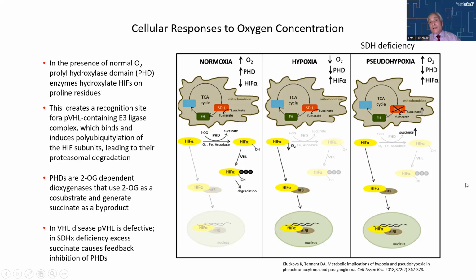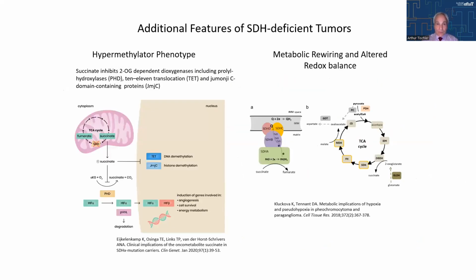But in the case of the SDH mutated tumors, there are additional effects of the accumulated succinate. And the additional features of the SDH deficient tumors include a hypermethylator phenotype, because the